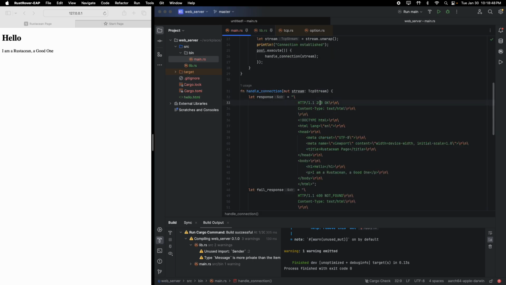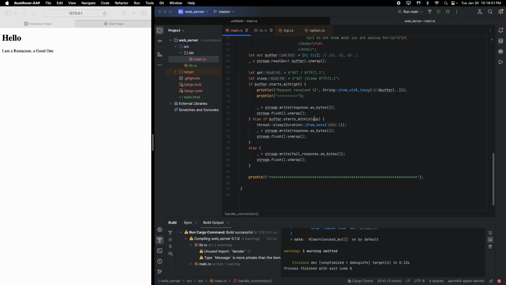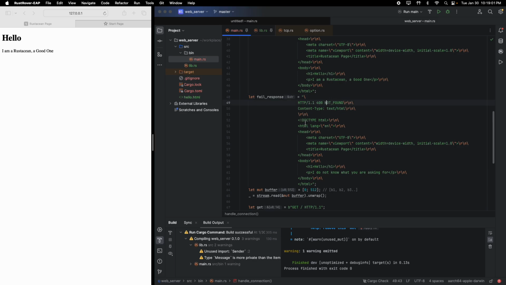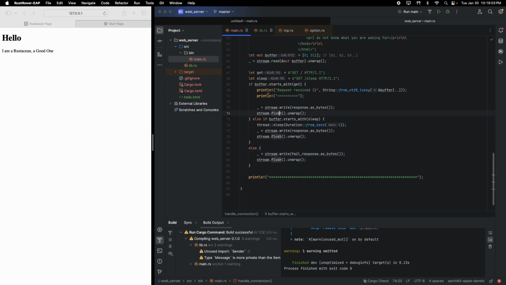response is defined here. This is we are sending a success response. For the sleep API, which is this path, we are making the current thread sleep for 5 seconds. And for any other API, we are just returning a fail response, which is 404. Now, the important part that you should see here is that